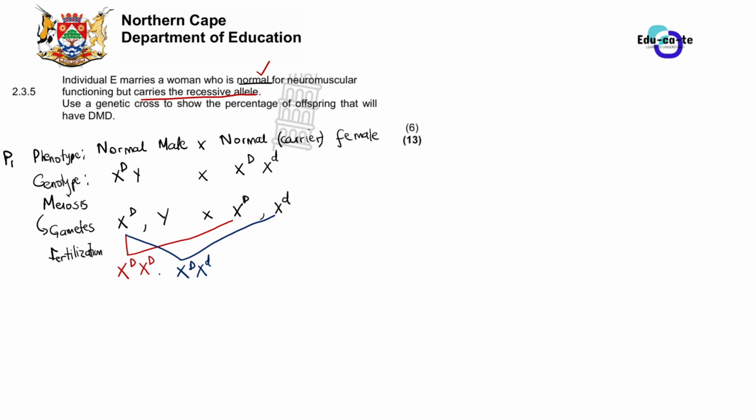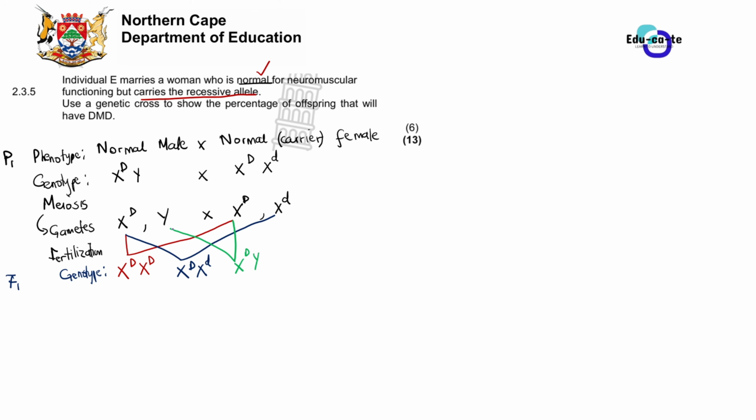Because here we are creating the genotypes for the F1 generation, the possible genotypes, if it happens that fertilization occurs. Now the third combination that we can have here is this Y chromosome from the male crossing with this X chromosome from the female with a capital letter D. So this will give you X with a capital letter D and Y. Remember, you always start with X, then you follow with Y, even though the order here is different.